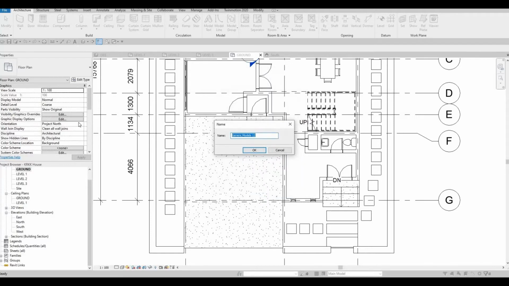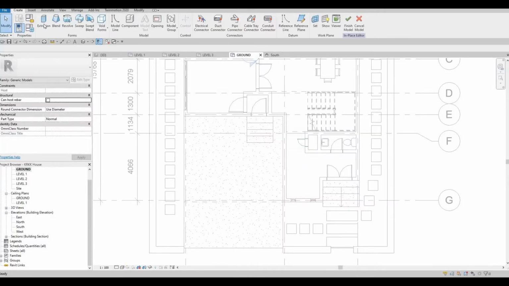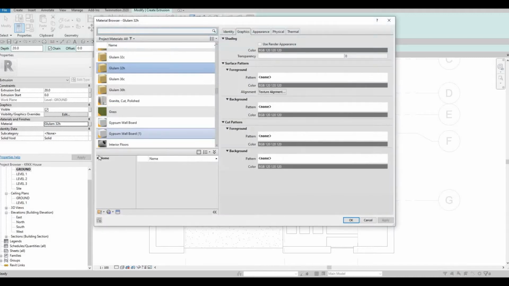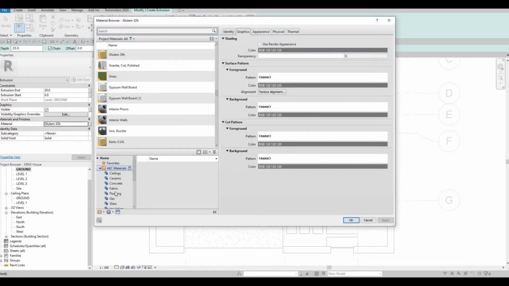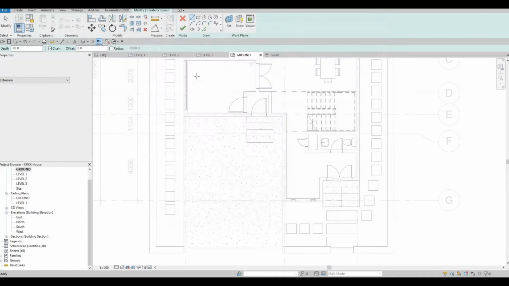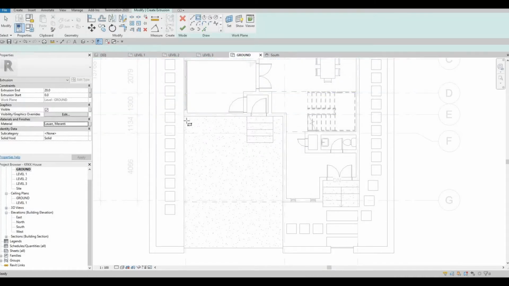Press OK, and then OK, and then extrusion. And then let's change the material. It's going to be a wood material. So let's set up a different material right here. I'm gonna pull it up, apply OK, and then now we just need to add